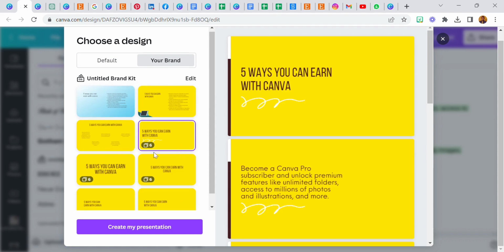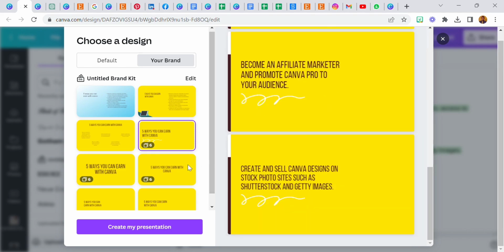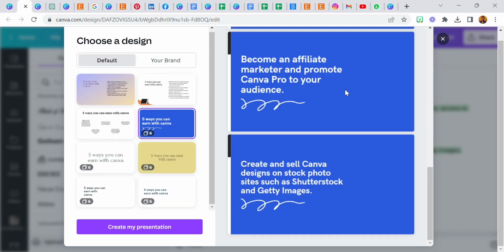My brand colors are yellow and black. I have a lot of colors, but yellow is dominant. I think the first two colors are what they use to generate this for me. Now let's go back to default. I think I like this. Now you can go over to create my presentation,